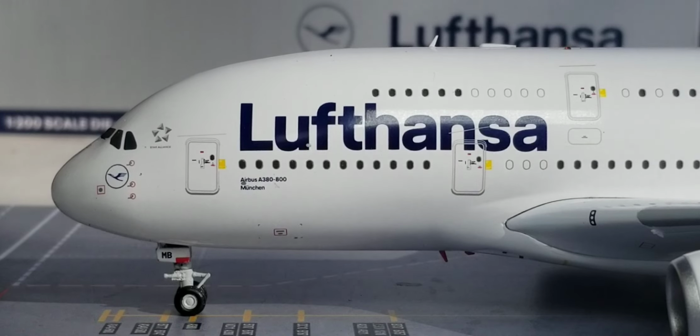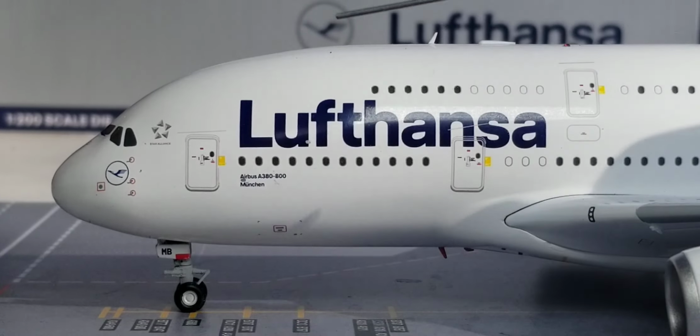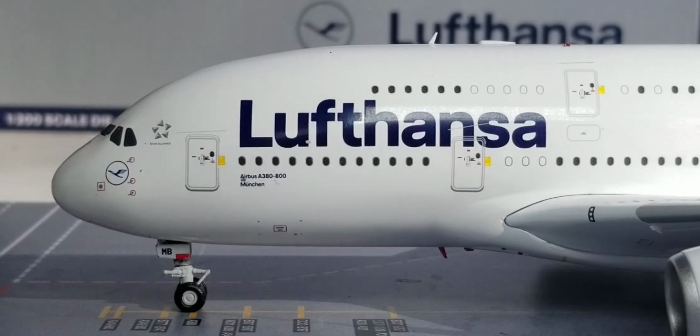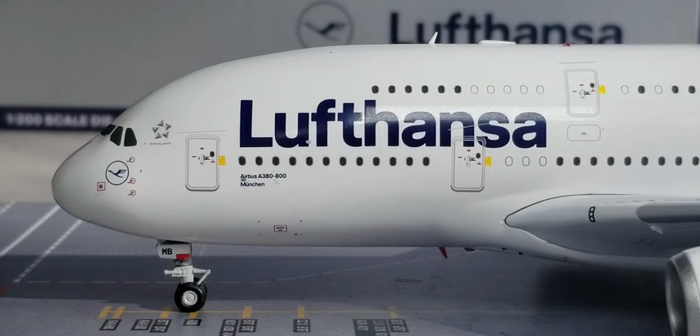All right, we're still at the front of the aircraft here on the port/left side, and right below the Airbus A380-800 decal is the name of the aircraft you see there. It is pronounced München, and this particular aircraft is named after this historically German city, which is actually pronounced Munich in the English language, which was founded in 1158, as Munich is currently